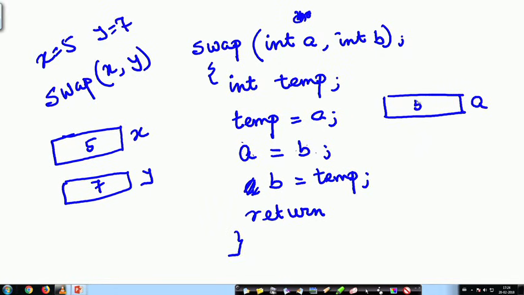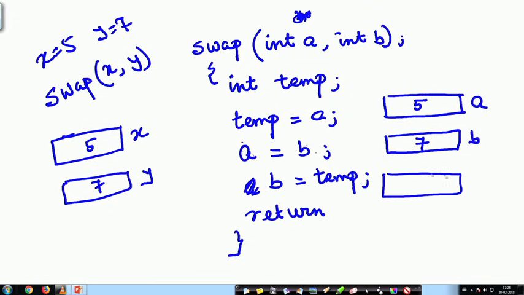So, 5 was copied in a and 7 was copied in b, and then temp became 5, a became 7 and b became 5, all right. That is how it was done.